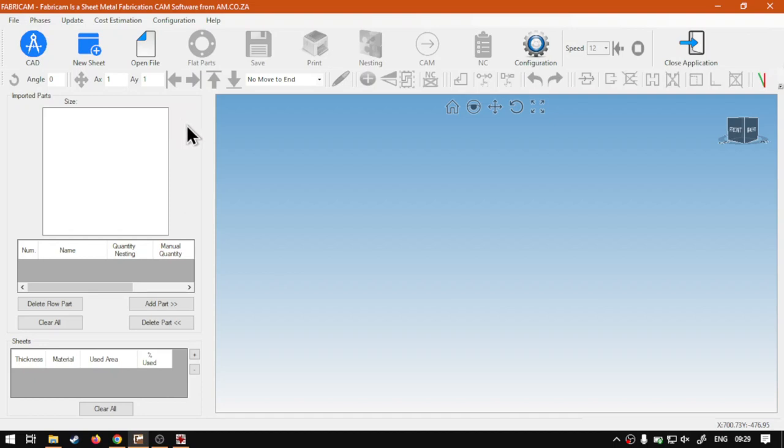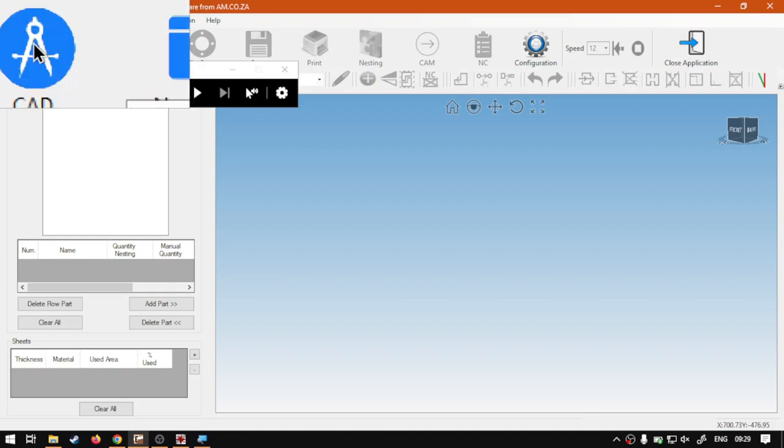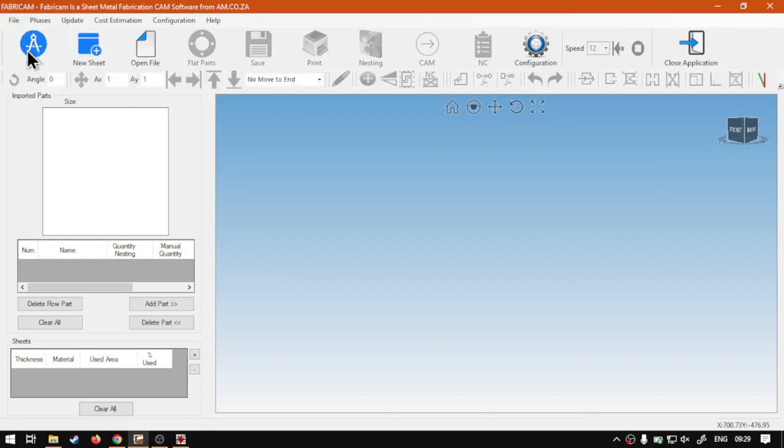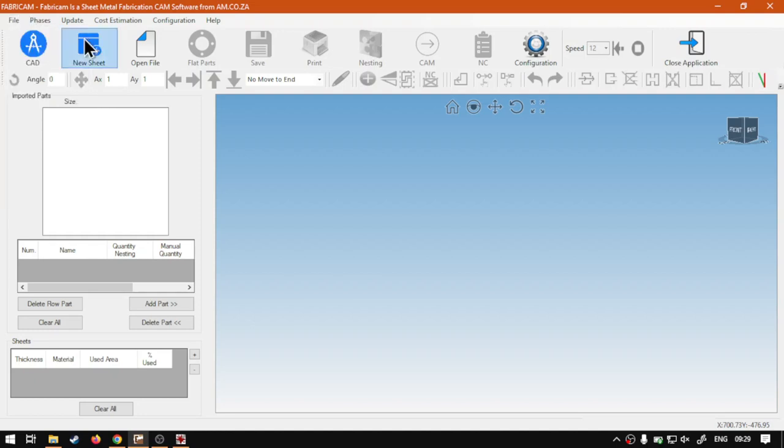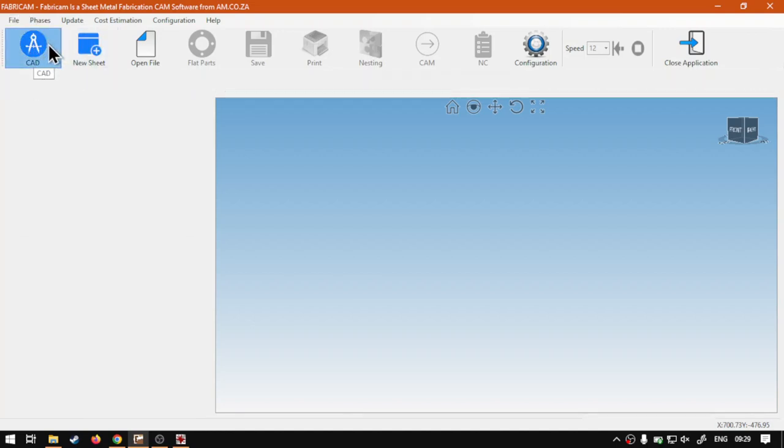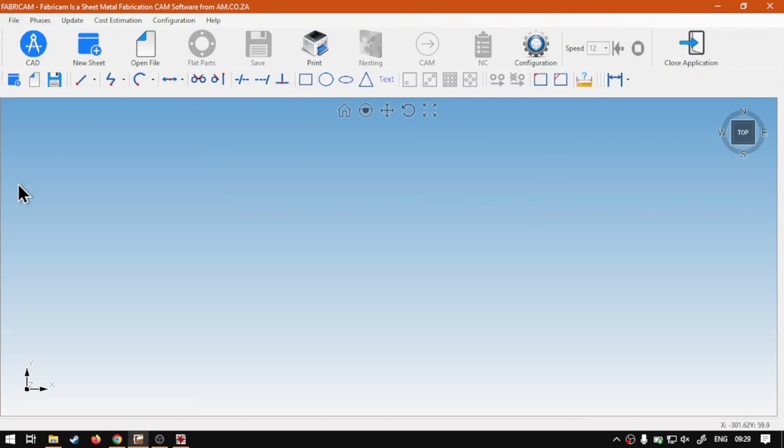But then, yeah, in order to go to the CAD, we're actually going to use this icon. I'm going to zoom so you guys can see it a bit better. So we're simply just going to click on this icon to go to CAD. Okay, no, you can't go to your file. I thought you can close it from there. So then what you want to do is you click on CAD, and then this will open your actual CAD